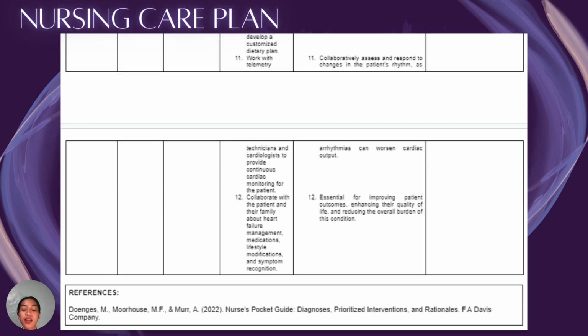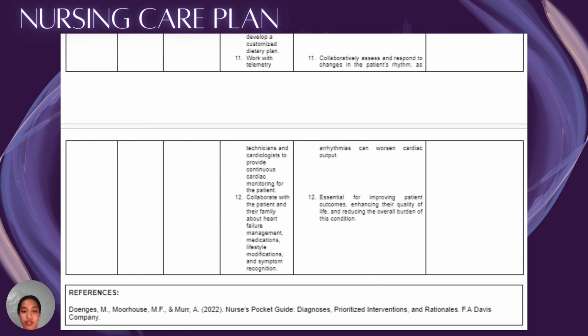So, next collaborative nursing intervention is to work with telemetry technicians and cardiologists to provide continuous cardiac monitoring for the patient. So, collaboratively assess and respond to changes in the patient's rhythm, as arrhythmias can worsen the cardiac output. So, we need to collaborate with the telemetry technicians to further assess the patient's heart rhythm and the